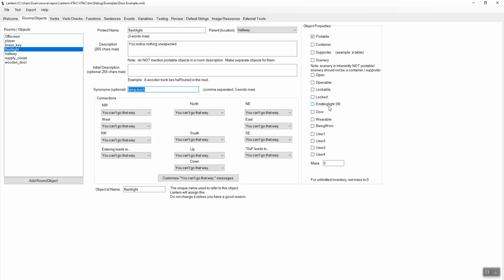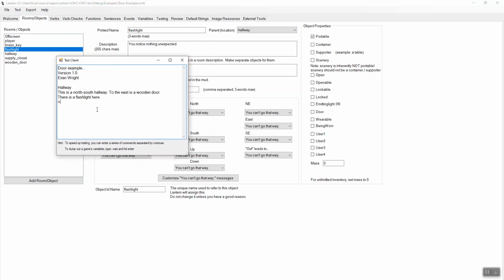If you would like the thing to be on by default, then click the little box here to make it lit. But probably the whole point of finding the lamp is to turn it on. So probably leave that unchecked. And you want to make it portable so the player can pick it up. So, like now if I run my little program here and there's a flashlight here,